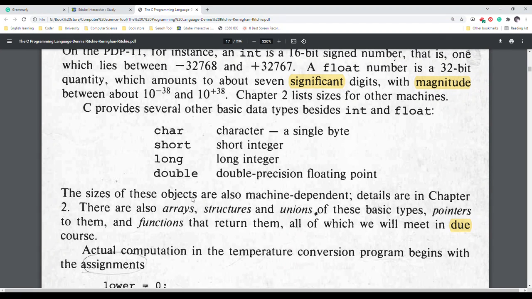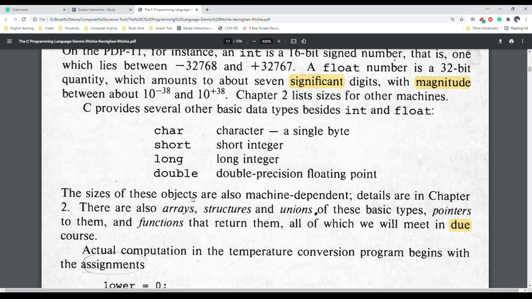A float number is a 32-bit quantity, which amounts to about 7 significant digits, with magnitude between about 10^-38 and 10^38. Chapter 2 lists